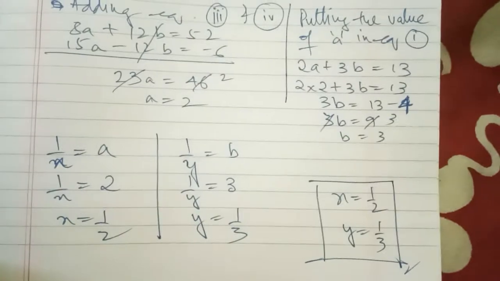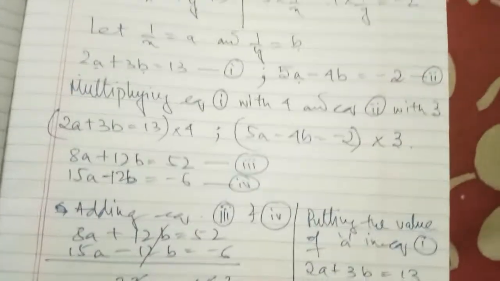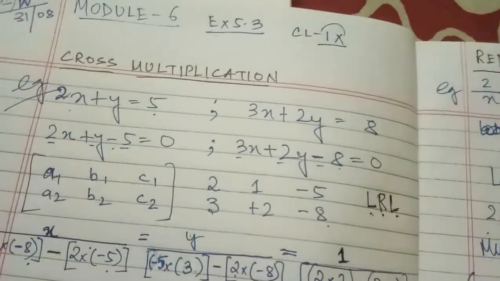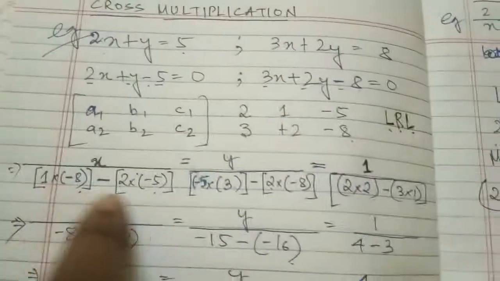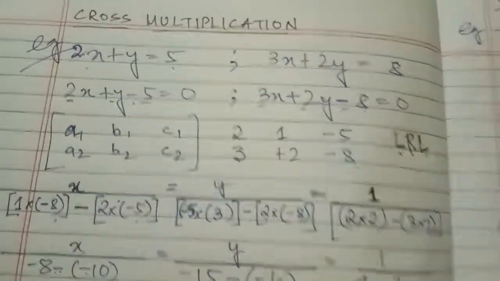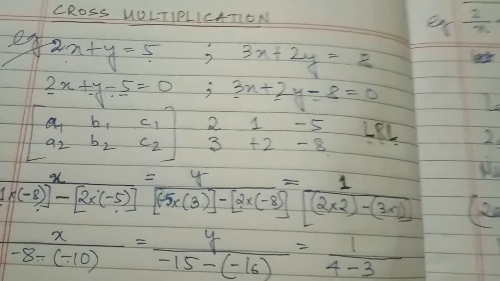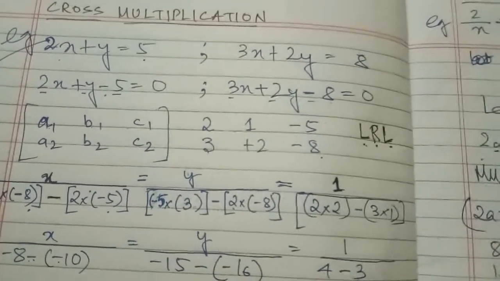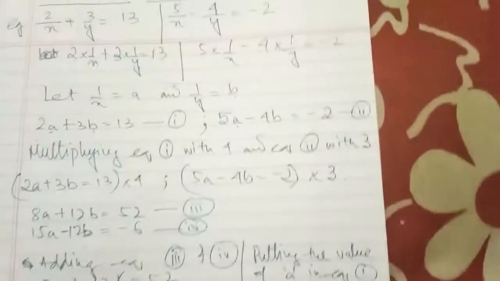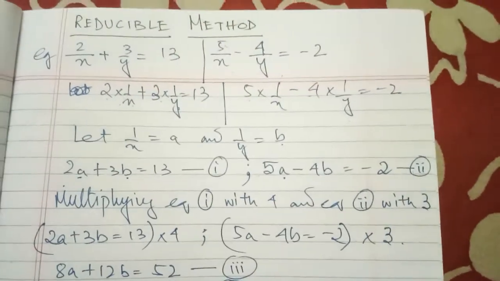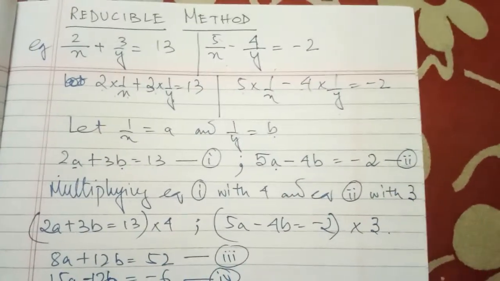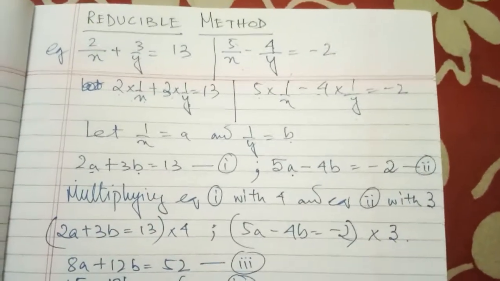I hope you have understood both the methods. This method is very important. Very important means this part, only this part, is very confusing. You might be confused, but see the video two or three times or more, and we will be discussing more in the live class. This method is also very easy, and I have told you how to identify which method you have to use.